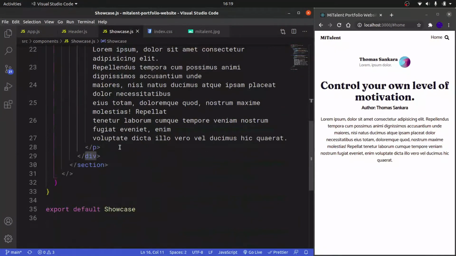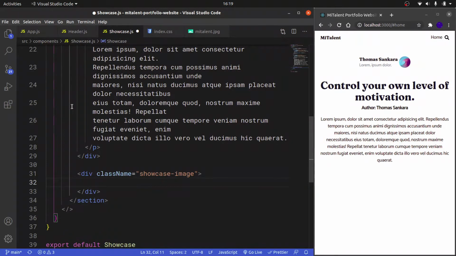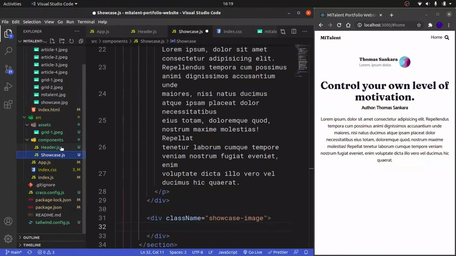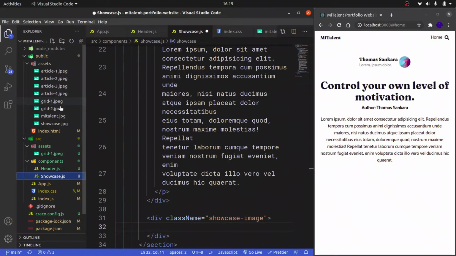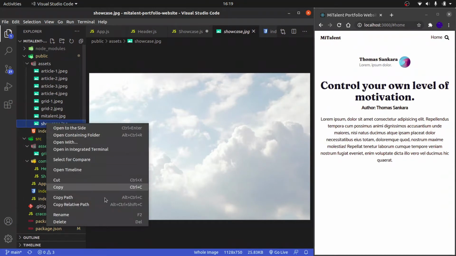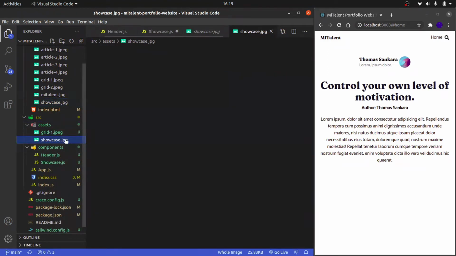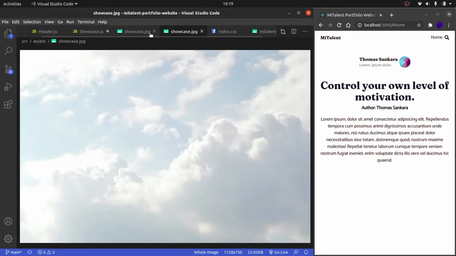Sorry, not inside this div, but right below, before I close my section, I want to have another div with a class of showcase-image, and this showcase image is going to be coming from, let me see, what did I have? This is showcase image, right? I just took a picture of clouds and I'm going to copy this, and then I'm going to go inside my assets folder, inside my source, and just paste this in